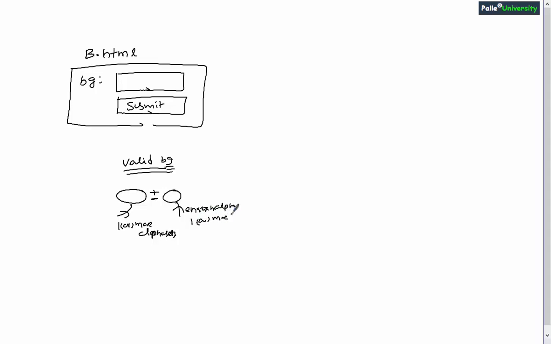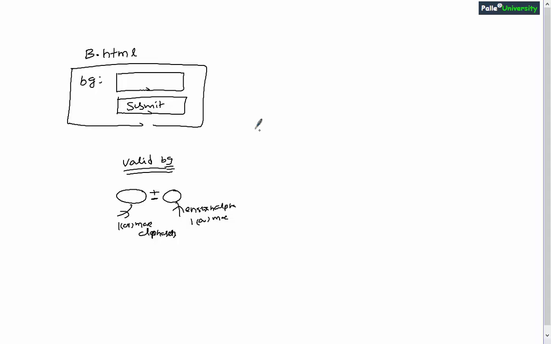That is my requirement. So in between the one or more English alphabets and the next set of one or more English alphabets, I wanted to see either plus symbol or minus symbol exactly for one time. Only such kind of data I wanted to consider as valid blood group. Okay, so I believe you understood the point. Now you tell me roughly first how to achieve this.